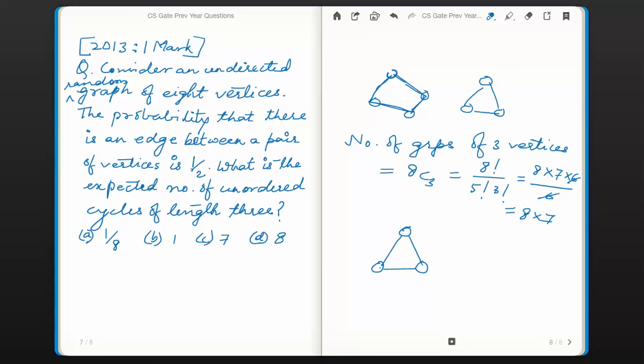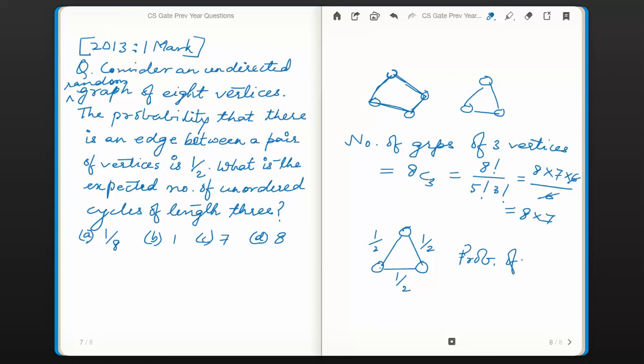As it is given that the probability of a pair of vertices containing an edge in between is half, the existence of this edge would have a probability of half, and the existence of this edge has a probability of half. So given a group of 3 vertices, this group would form a cycle if all these edges are existing, and that is the probability